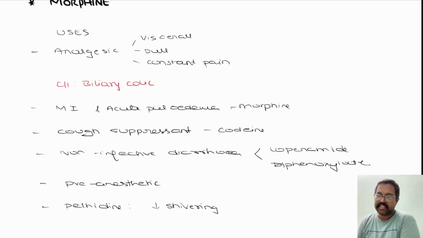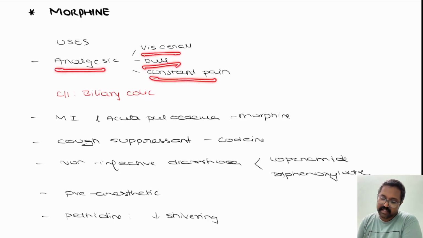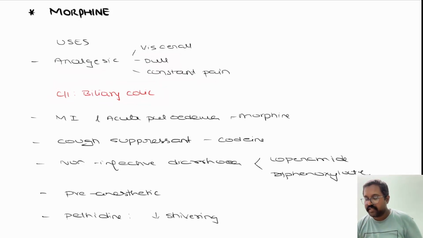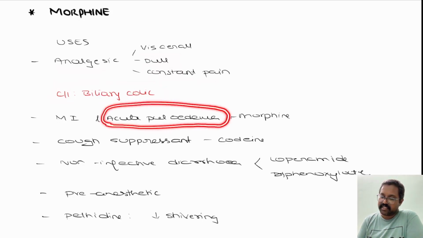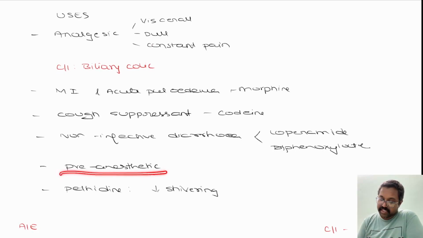Morphine is an opioid analgesic. Under this, you need to remember the uses, contraindications, and the adverse effects. Uses: they are used as analgesic agents for treating visceral, dull, and constant pain. But you should remember they are contraindicated in case of biliary colic. It can be used to relieve myocardial infarction pain. It can be used to reduce pulmonary edema by shifting the water from the pulmonary circulation to the systemic circulation. It can be used as a cough suppressant in the form of codeine, used in non-infective diarrhea, that is loperamide and diphenoxylate, as a pre-anesthetic medication to decrease the pain as well as anxiety, and pethidine is used